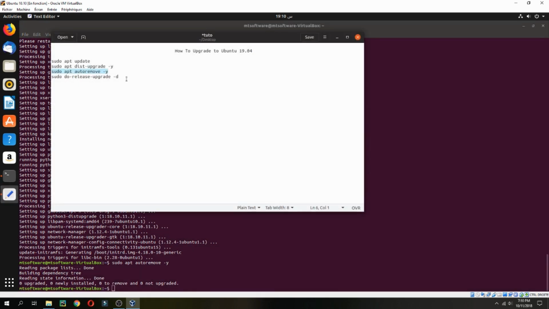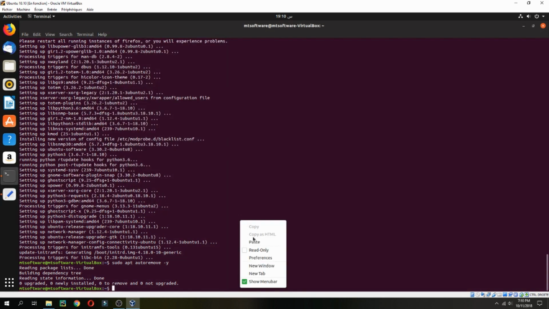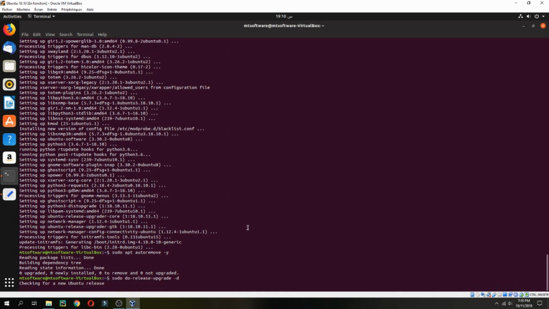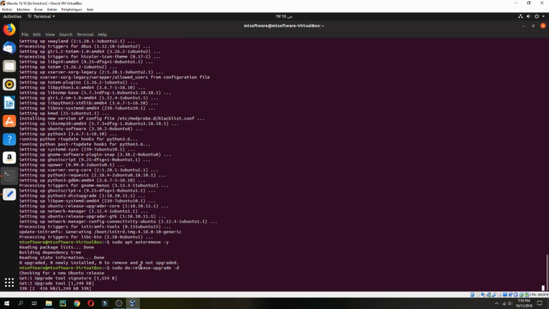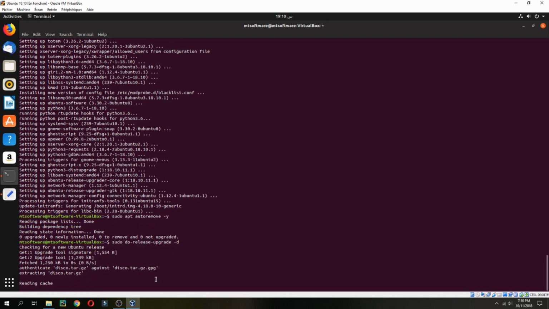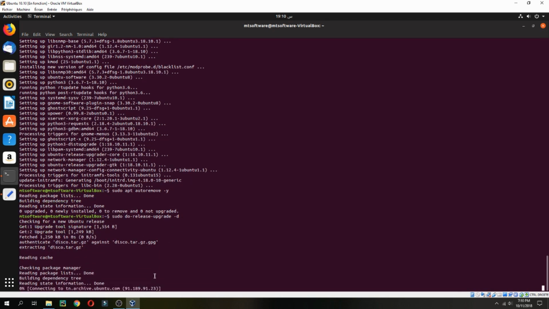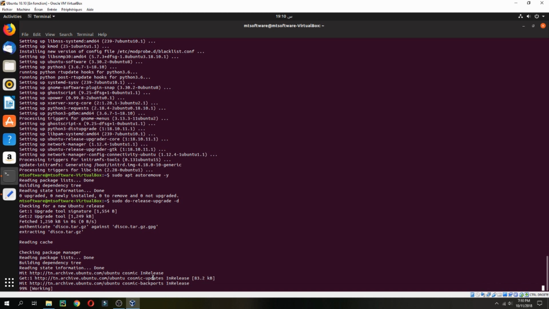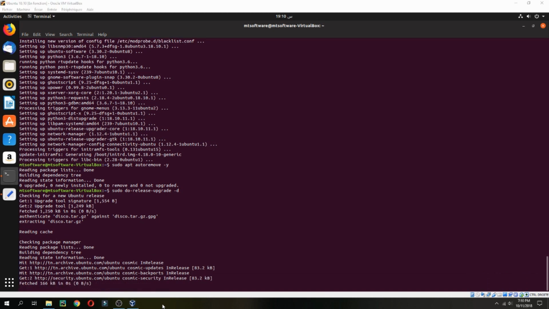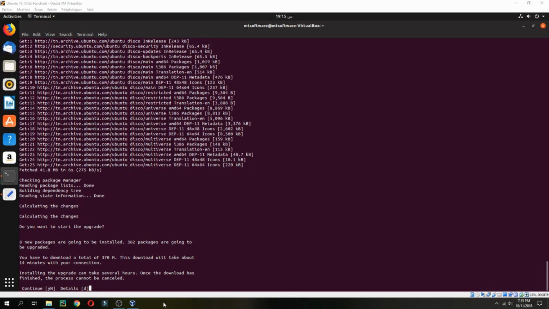and finally, checking for new Ubuntu release, and it starts to check and then install. So you can take coffee until it finishes upgrading to Ubuntu 19.04. But before you take coffee, press yes to continue,